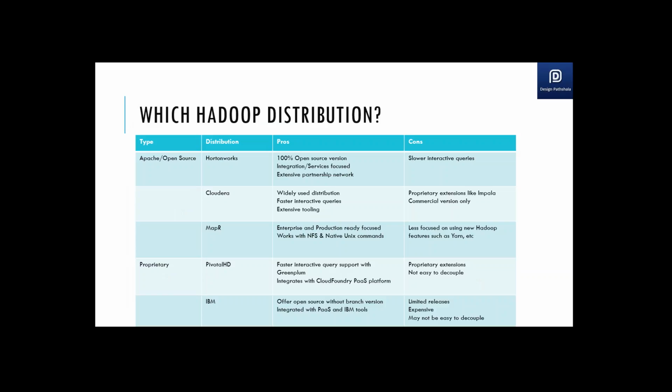Hortonworks is a 100% open source version of Hadoop, totally aligned to Apache open source, and Cloudera is also open source, but they have a few proprietary components like Impala. MapR is again a flavor. So these are different vendors who change little things on the open source version of Apache Hadoop, package everything, and then distribute it. So these are different distribution vendors for the Hadoop ecosystem, and these are proprietary ones also.